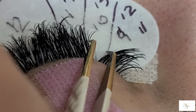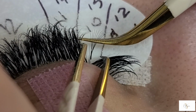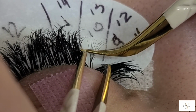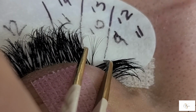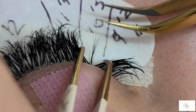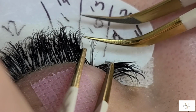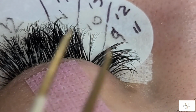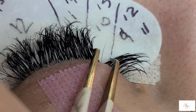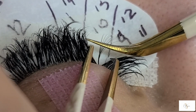So at this point, I'm just going back and forth between both lashes or both eyes. And oh my god, can we just talk about that beautiful fan? It makes me so happy that I'm able to create such beautiful fans with only one hand. It blows my mind. And I'm excited. I hope you guys do take full advantage and you guys are able to grow your skills and just learn more. So at this point, again, I'm going back and forth between both eyes and just filling her up as